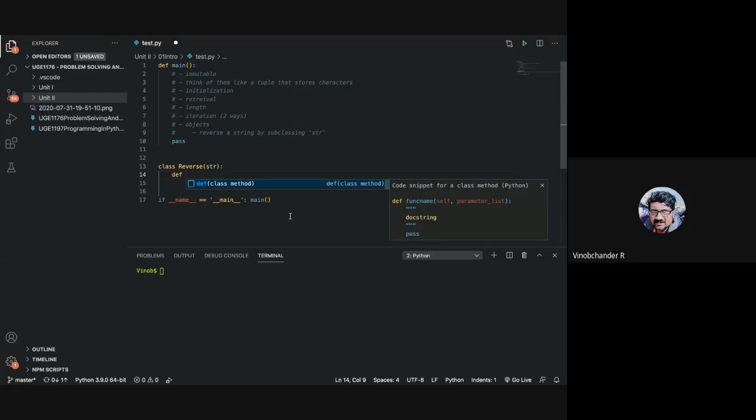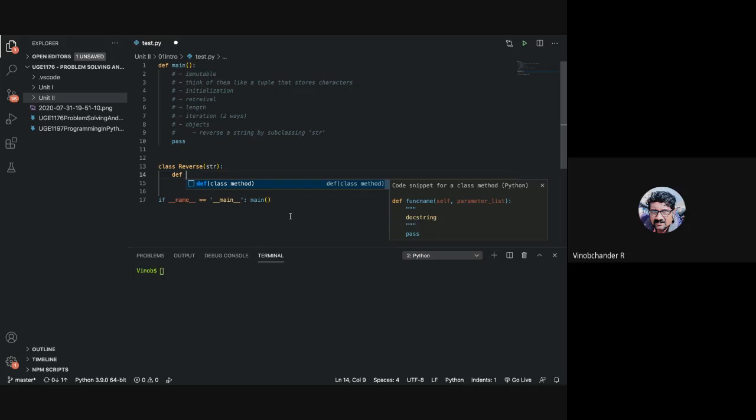Now you may have a kind of doubt. In our previous discussion, the previous example, we did not make use of the concept of a constructor and we understood classes and objects. That is because even if you don't specify an explicit constructor, you have something called a default constructor that gets invoked.